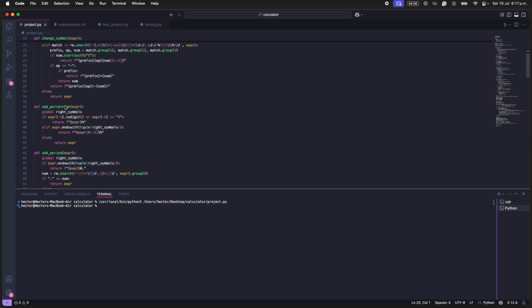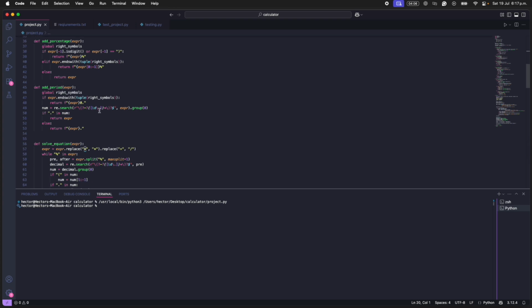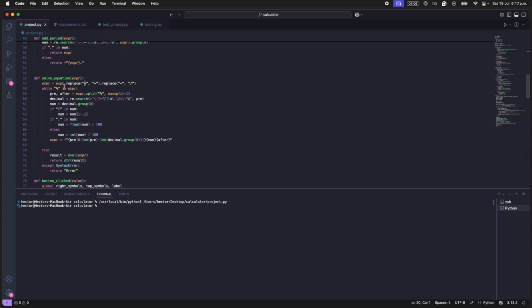Then we have the add percentage function, in which we only add the percentage symbol by checking some rules. And then we have the add period function, in which we add a period or decimal point to the